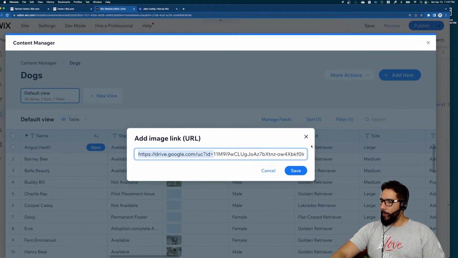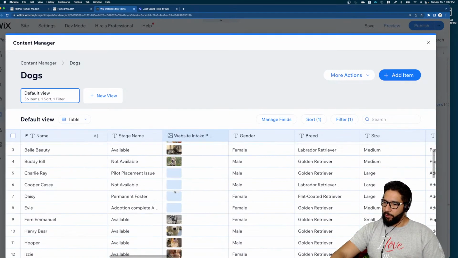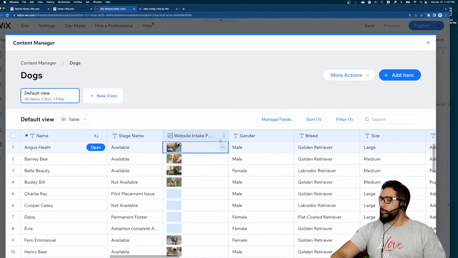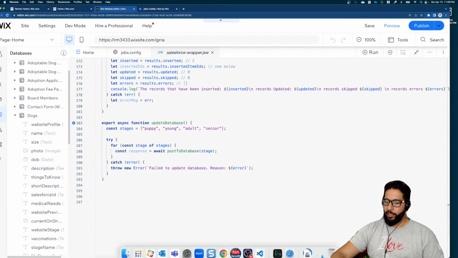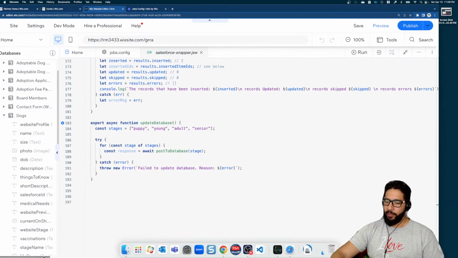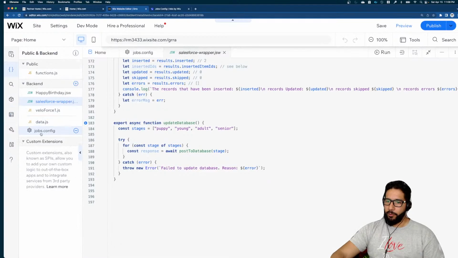Okay, that's it. Now these pictures are public, so we just need the right format so we can get to the image directly. And as you can see, it's working. Okay. So whenever they update any of this information in Salesforce, every hour it's going to update and get the latest one. All right, so that's working good. So if we go here, we can take a look at it. So if we go here to our data,